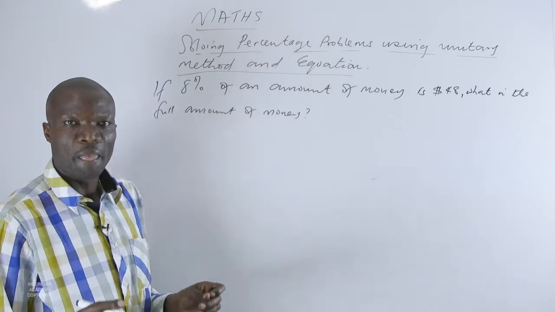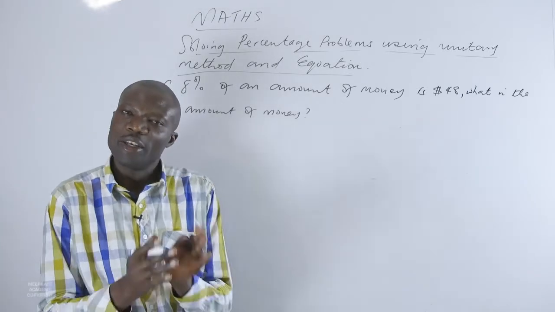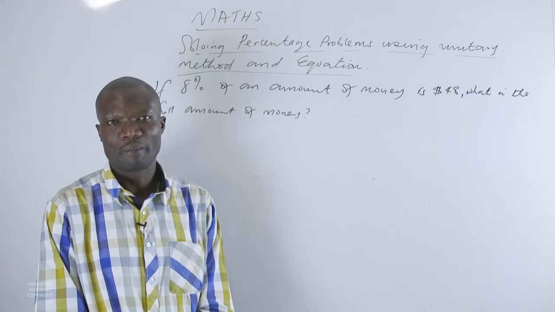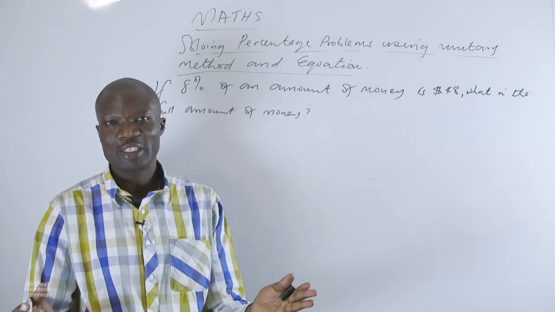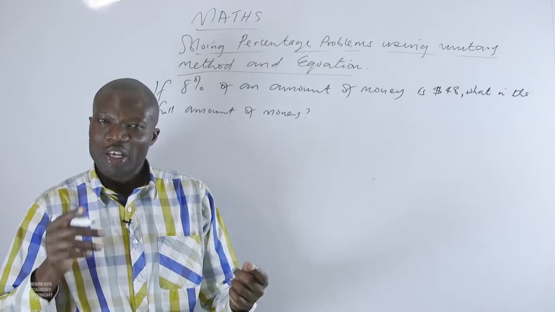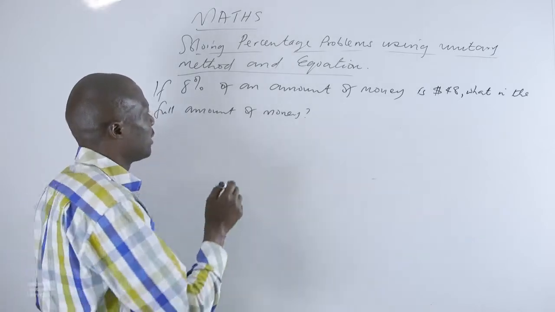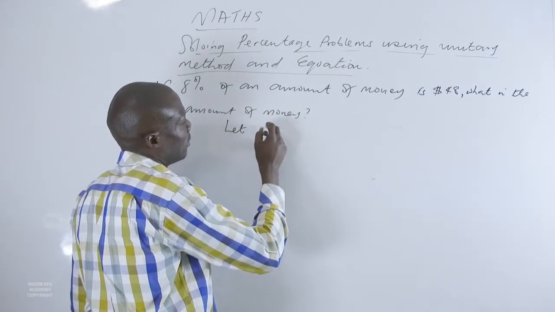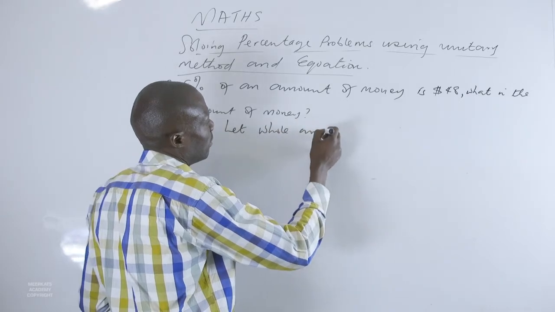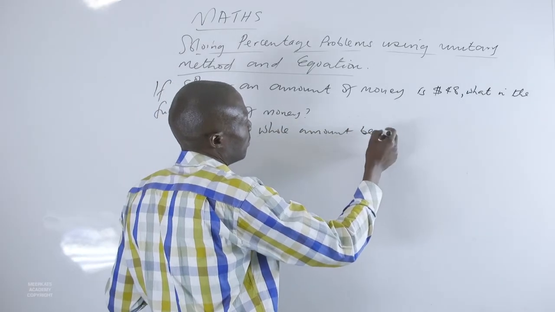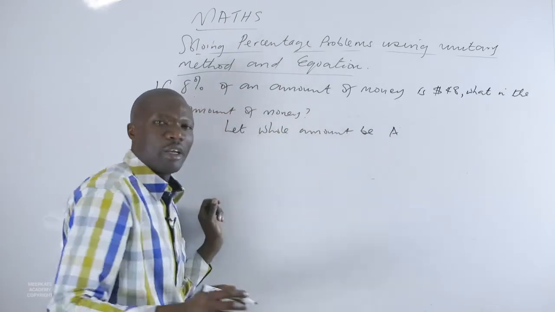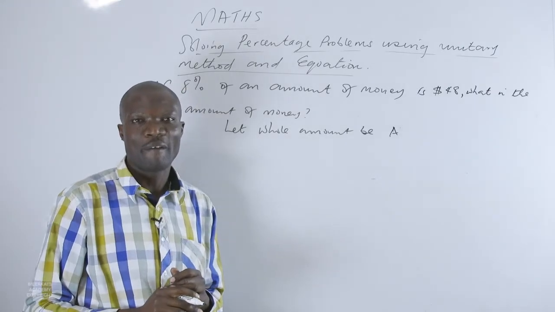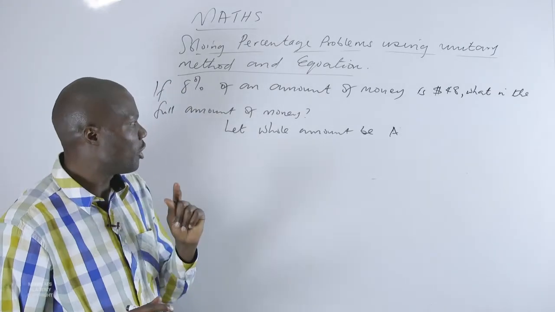So we say we want to assign the total amount. Do we know how much the total amount is? So we find the answer is we do not know. Let us assign a value. Let the whole amount be A. Okay? Then it follows that